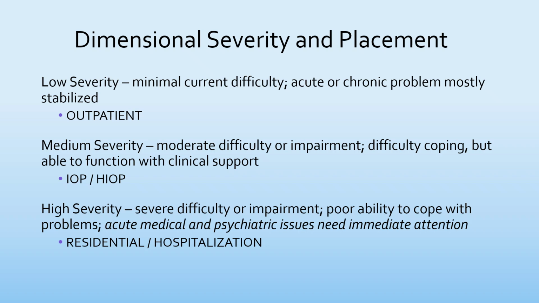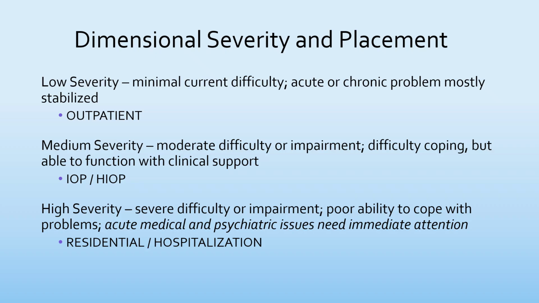Okay, so a few things to consider here and just a few slides left. When we look at dimensional severity and placement, there are some roadmaps within the ASAM guide which help identify what level of care is most appropriate. Generally speaking, when we're talking about lower severity within the dimensions, so lower intensity of psychiatric problems, lower intensity of medical problems, a less severe and concerning physical environment where there's minimal current difficulties, then somebody looks more appropriate for